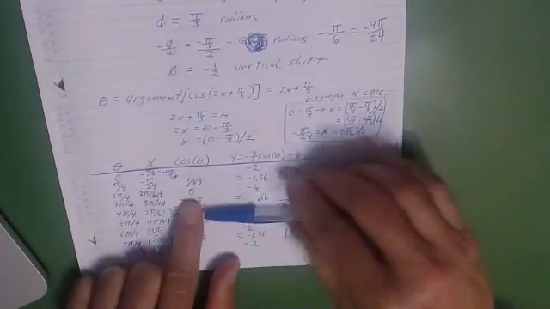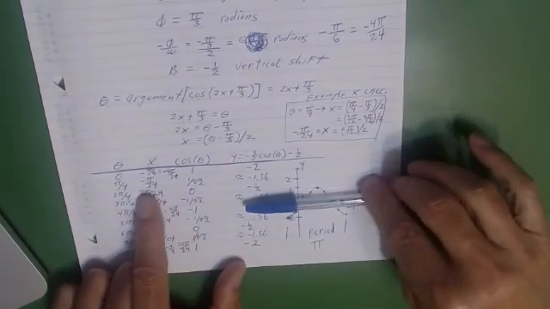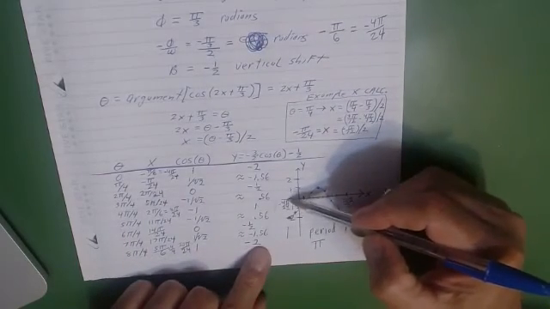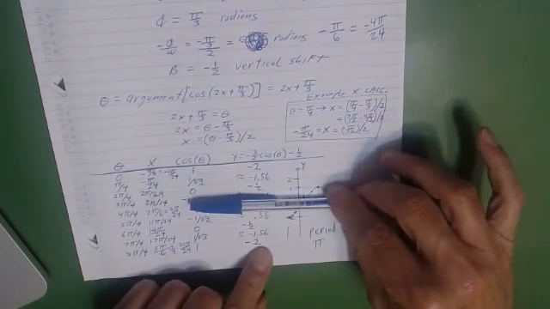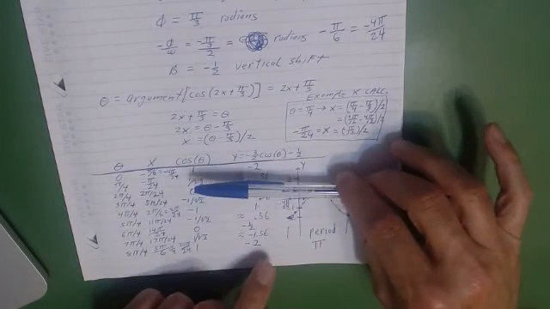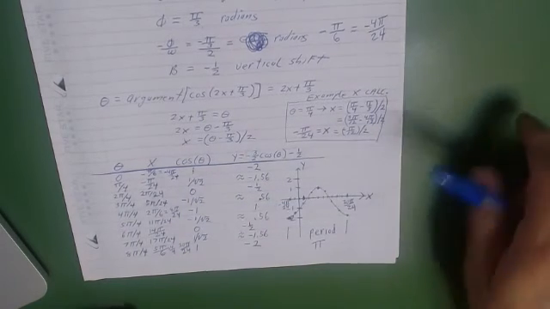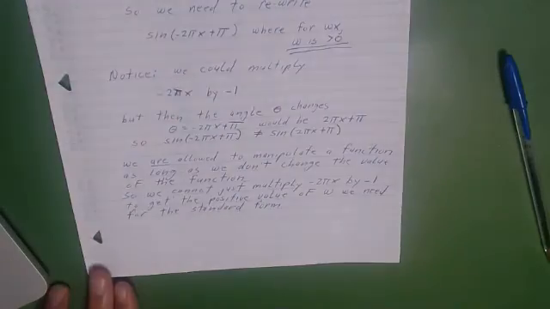So the negative sign did a mirror image of a cosine. Our phase shift moved it to the left by 4 pi over 24. And then our vertical shift moved the thing down by 1/2. So the midpoint of the function is -1/2. All right, that demonstrates all of these parameters in the standard form on that problem. Okay,